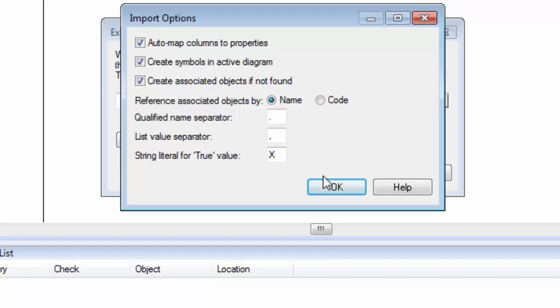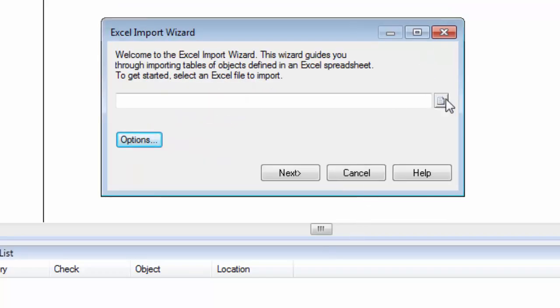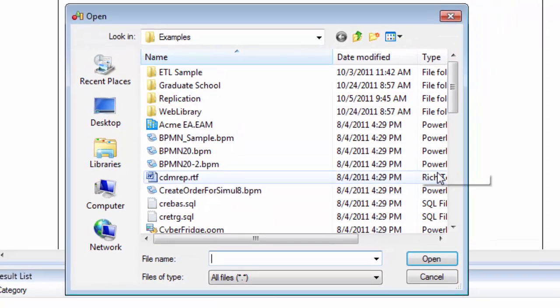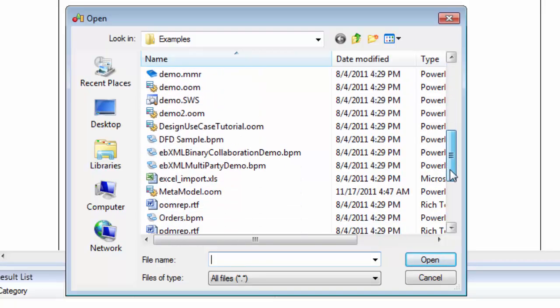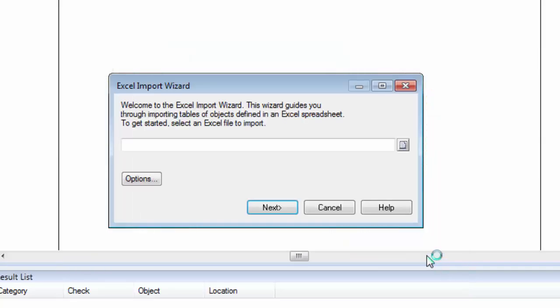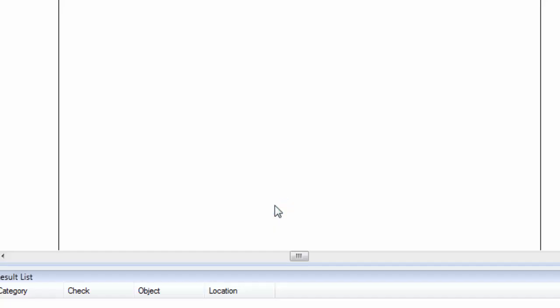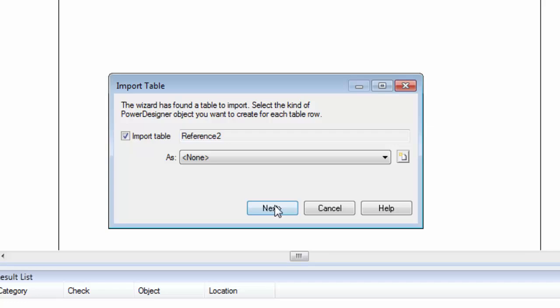I click OK to return to the wizard, and then click the Select File tool to navigate to my Excel file. This file is included in the Examples folder of your Power Designer installation for you to examine and experiment with. I click Next and Power Designer starts reading the Excel file. It needs to ask me about how to import the Reference To worksheet. It knows how to import all the other pages, and I just need to say that I want to import